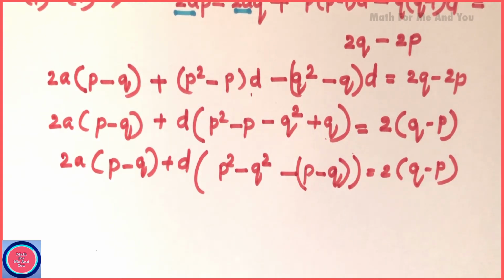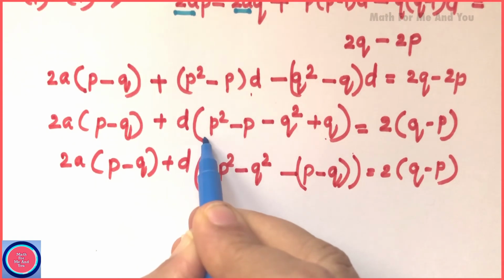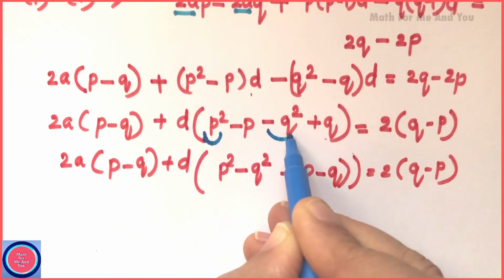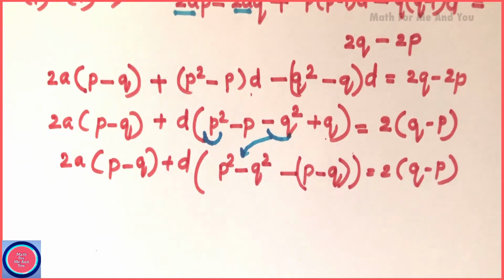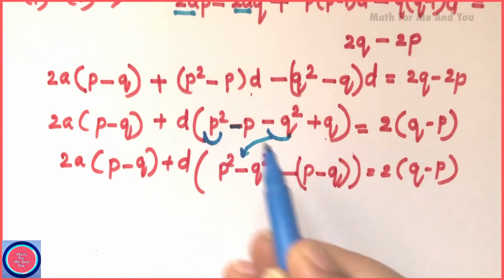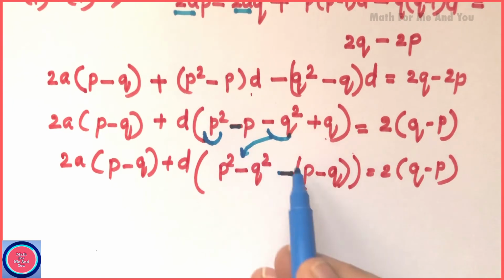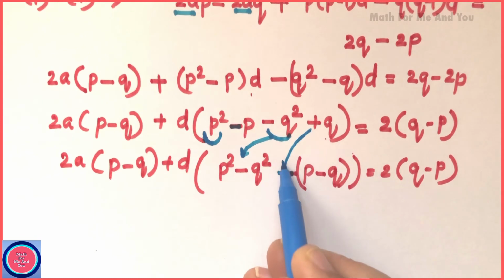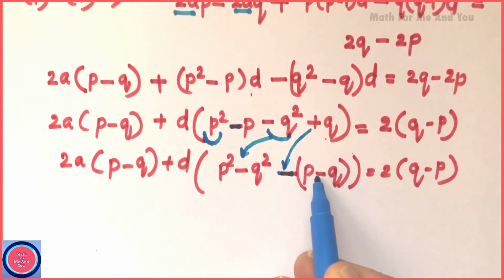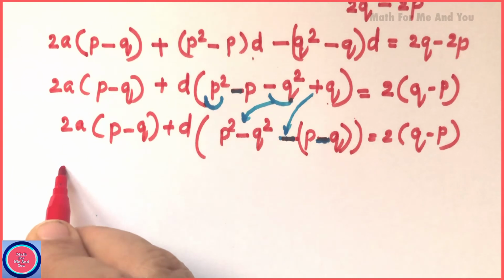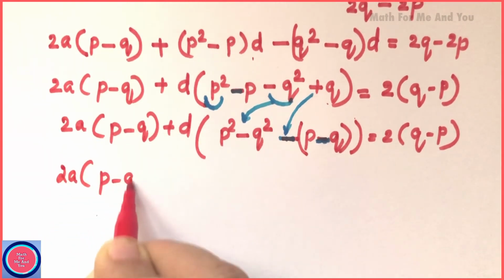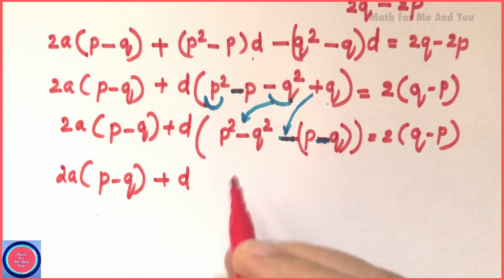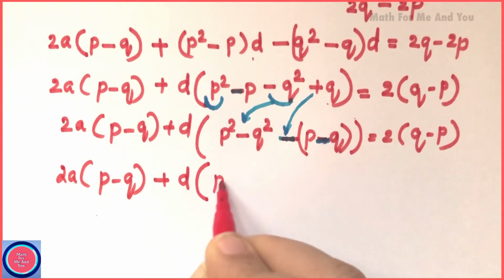What we have done here inside the bracket: first we take the square terms p square and q square together. It is minus q square, so it becomes p square minus q square. Then with minus outside, we get plus p and plus q. We have taken minus outside, which means it changes to minus q. Why have we done it like this? This is to get the common factor p minus q in each term. That's why. So we write again 2a times (p minus q), same as it is, then plus d times